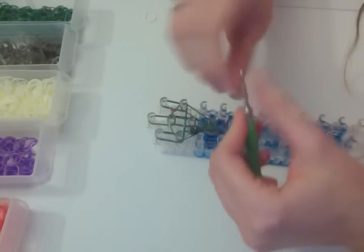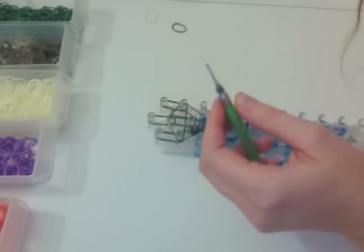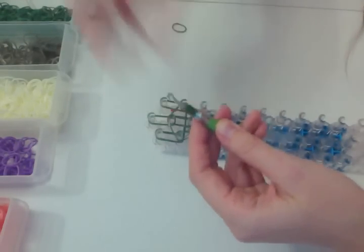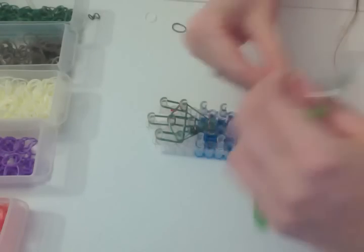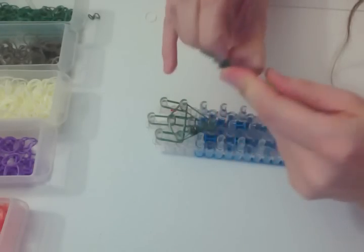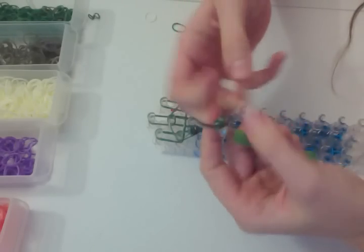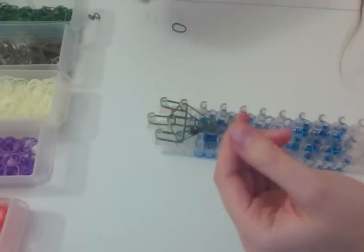All right, we're going to do another eye for the other side. Same thing, we're taking a jade band, wrapping it around, creating 5 loops, and again. Double loop a jade band, pull it on like this, push it down on your hook, put your finger through the loop,